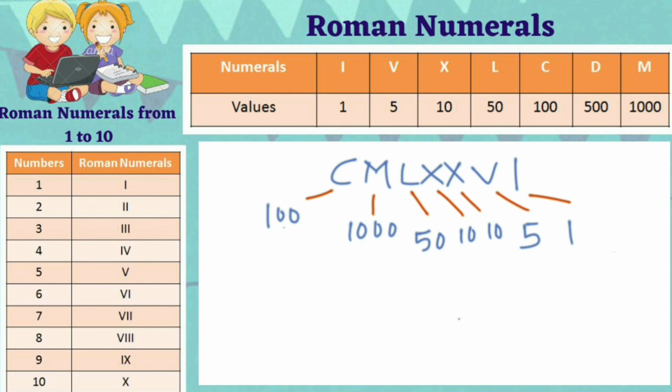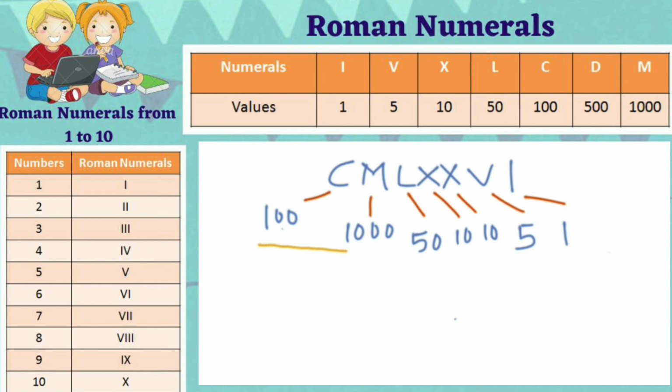Here you can see it is 100 first and then the 1000. So there is also one rule, kids, that you can do the calculation of 100 only with 1000. You cannot do calculation of 100 with 900, no, or 2000, no. So I'll just mark it like that. I'll explain you more later. Now here you can see it is 50, 10, 10, so you will do the calculation between them, and here it is 5 and 1, so you will do the calculation over here.